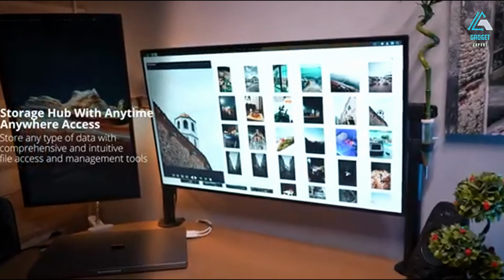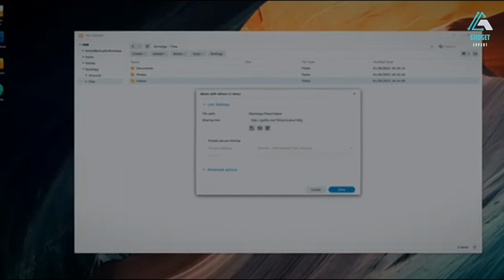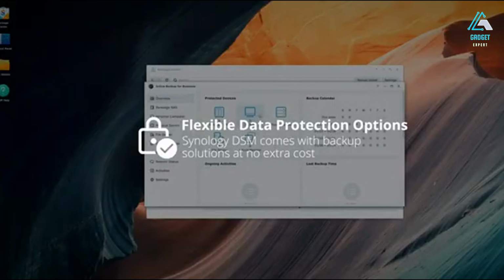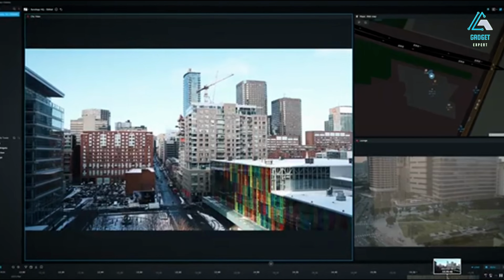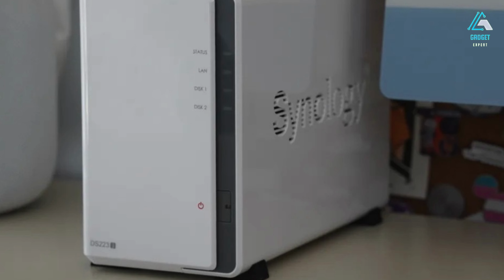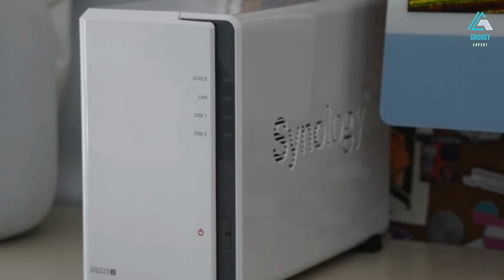Synology made this NAS affordable by using a Realtek RTD1619B processor. It's an ARM chip that packs less punch than its Intel Celeron counterparts. This does mean the enclosure draws less power and should run cooler. 1 GB of DDR4 RAM is installed, and this is all you'll be able to use, as there's no option